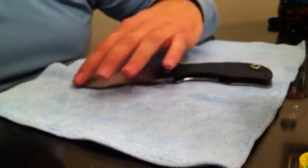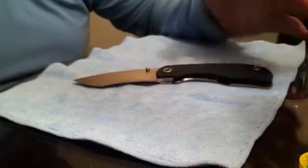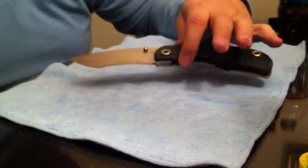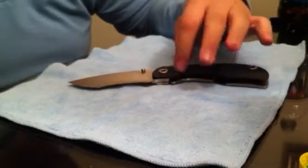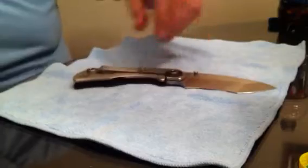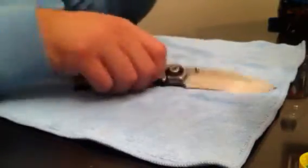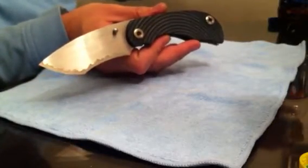Rockwell hardness on tungsten carbide can be up to 80. Now, what Warren Thomas has it at, I'm assuming it's probably right around that, 78, 80. I'm not positive, though. He hasn't told me that, but I'm assuming it's probably around 80 HRC. So it's really good. Obviously, titanium's a lot softer, so that tungsten carbide is going to make up for that. Essentially,